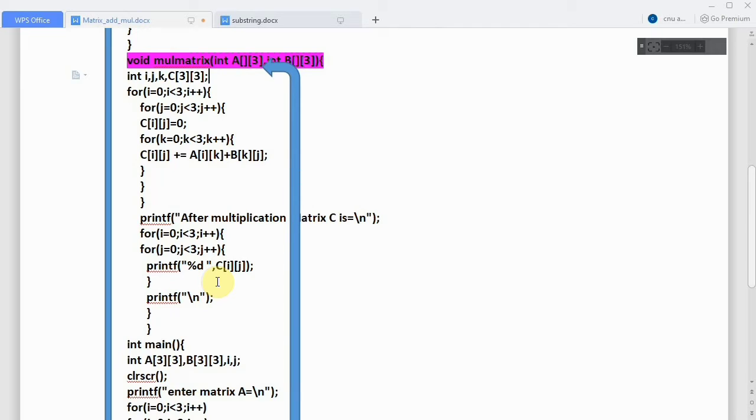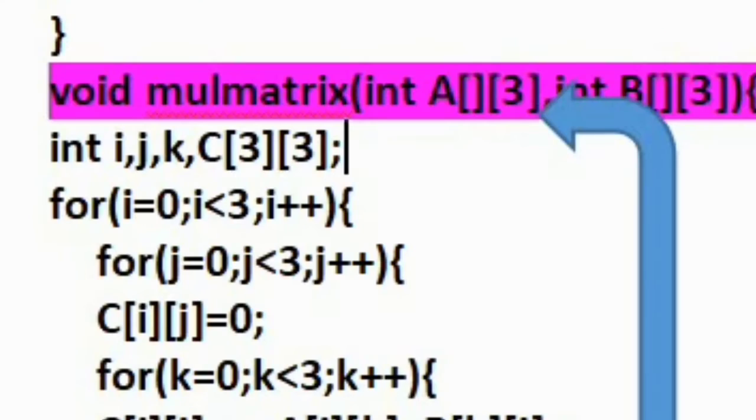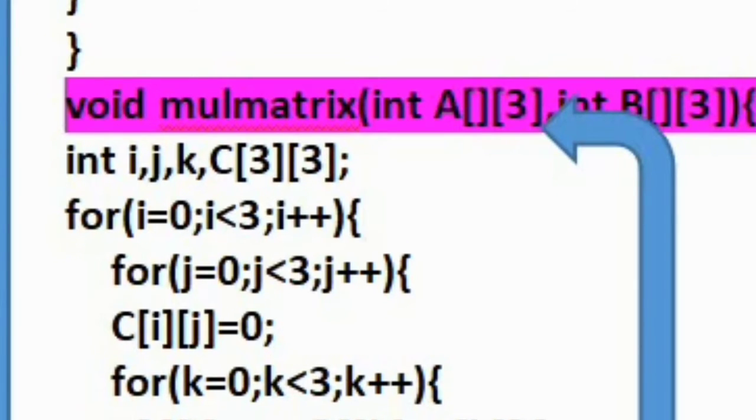Here there are two formal parameters, again A and B, and for the result we have declared C matrix, that means a two-dimensional array C. So here the multiplication is a tricky one, so you need to remember this. Again you'll use two for loops, but you have to initialize the resultant matrix C of ij values to 0 at the beginning of the second for loop. Then you can write the third for loop. Remember friends, you need to use 3 for loops here.